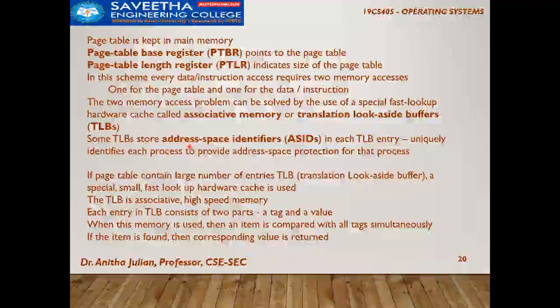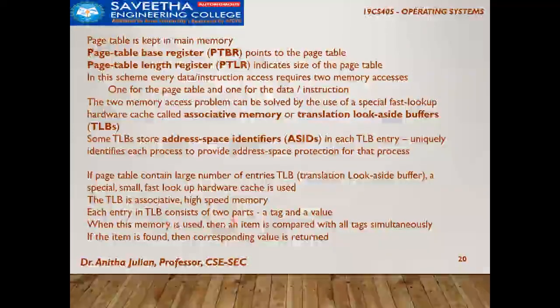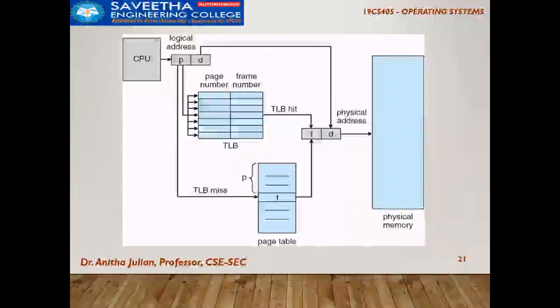This is going to store an address space identifier. If the process is very big, then we have to go into this lookup table and find out. This table will have a tag and a value, and accordingly we can find the physical location. We'll see in detail. In the same diagram I have a page number and the offset. If I can find the entry in this table, I can do it directly. But if I am not able to locate it here, then I have a bigger lookup table.